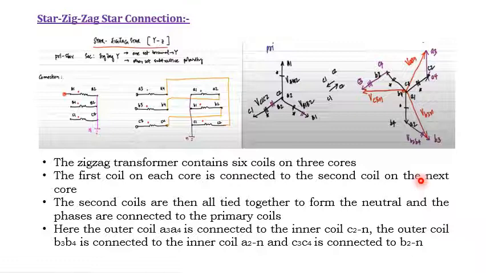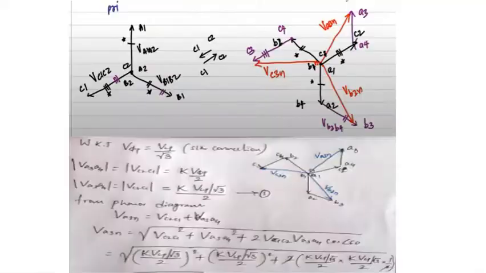phasor diagram can be drawn. Now we'll make the voltage relationship, the line as well as the phase voltage. Again I consider the phasor diagram. This is the primary phasor diagram, and this is the secondary phasor diagram. Now first I write the star connection. You know the primary is in star fashion. So I draw here the phase voltage.